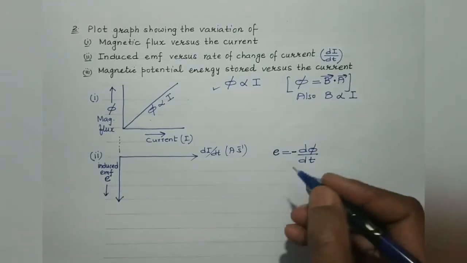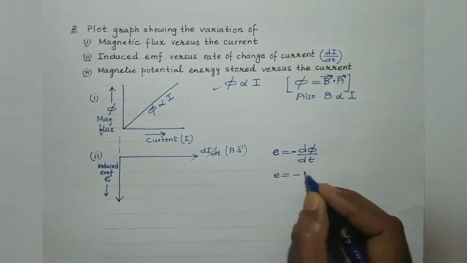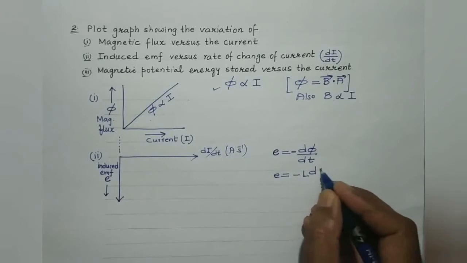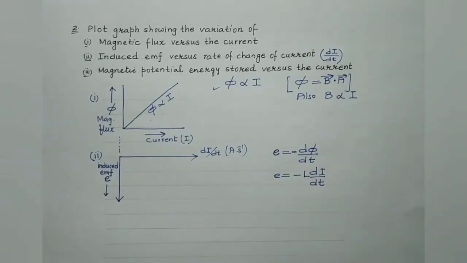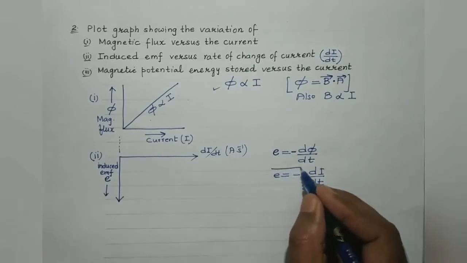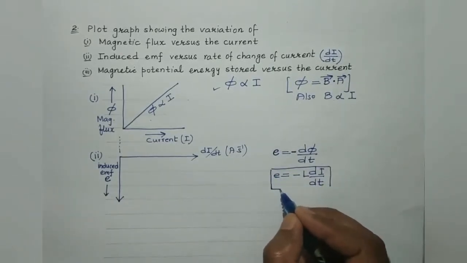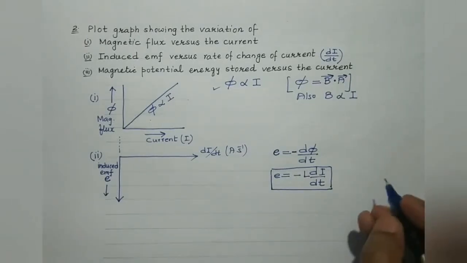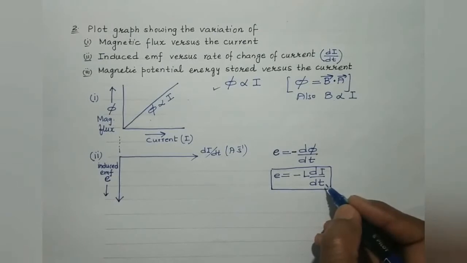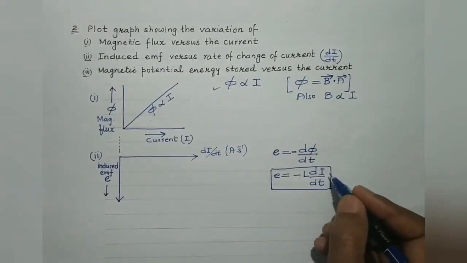And also in case of a coil, we are aware E is equal to minus L di by dt. So this is the expression which we are aware of, right? So E equals minus L di by dt. L is constant, which is known as the self-inductance of the coil, while di by dt represents the rate at which the current in the coil is changing, isn't it?